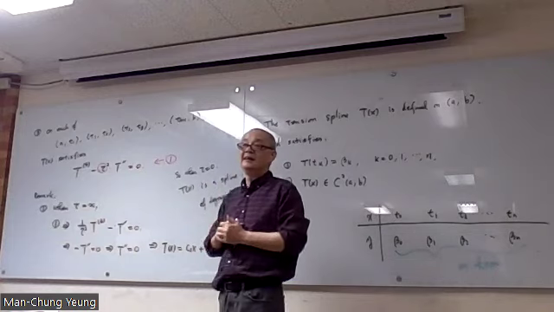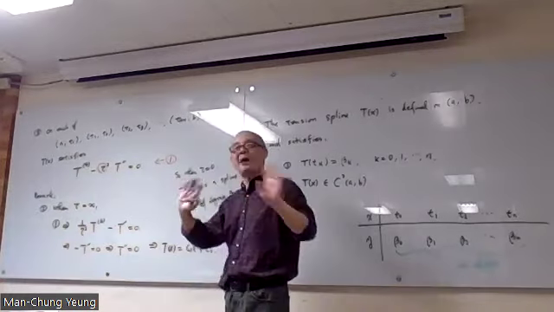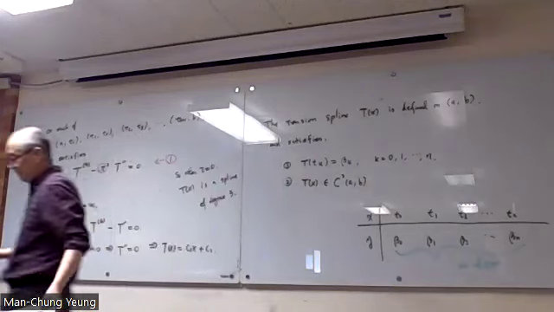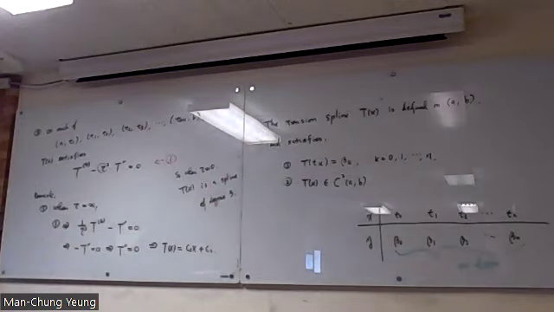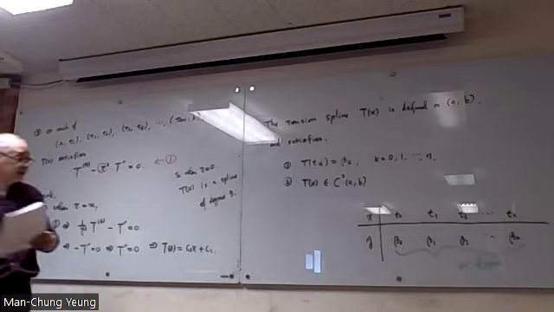Then T is not a polynomial. How about between 0 and infinity? We need to